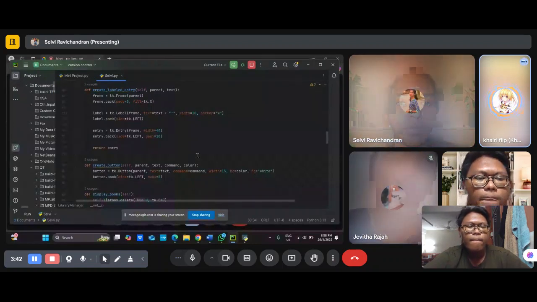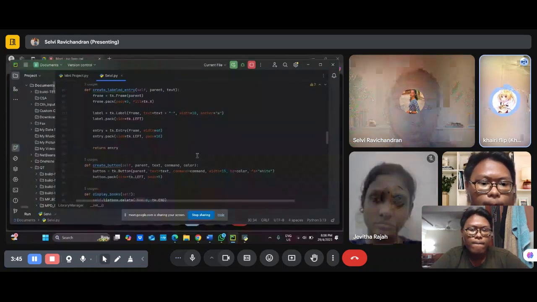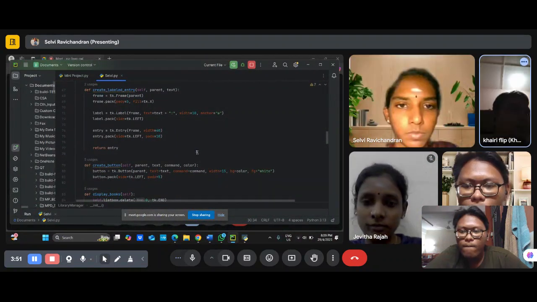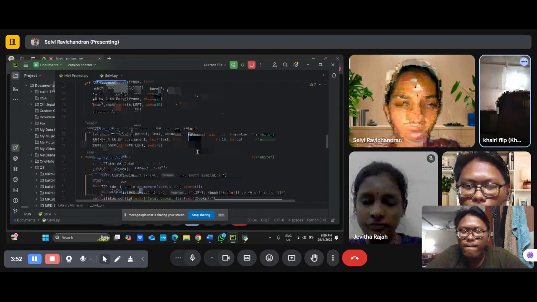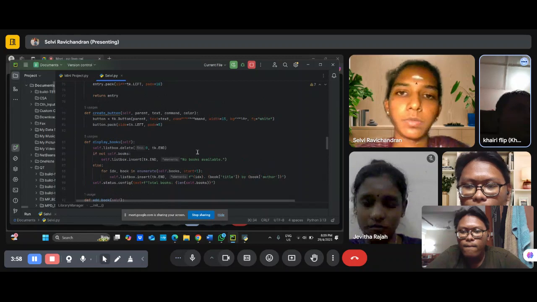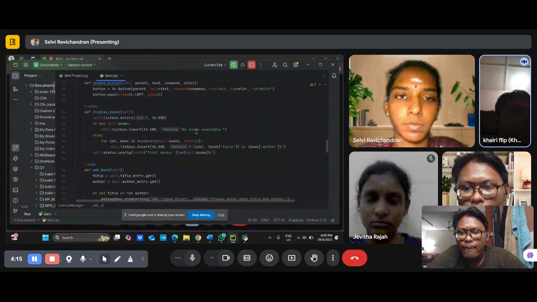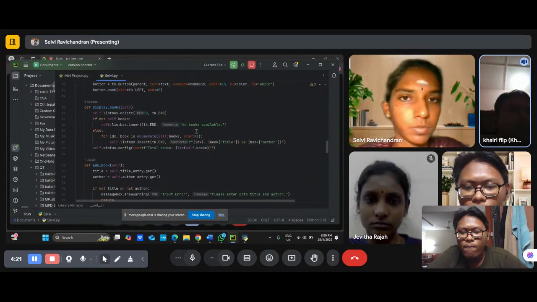Entry equal tk.Entry, then entry.pack, and return entry. Create button, with text, command, width 15, bg color and fg white. button.pack with side equal tk.LEFT and padx equal to 5. Alright, that's all for me.